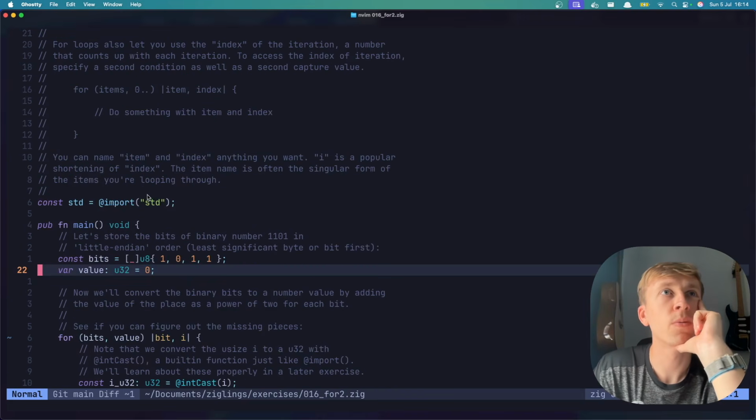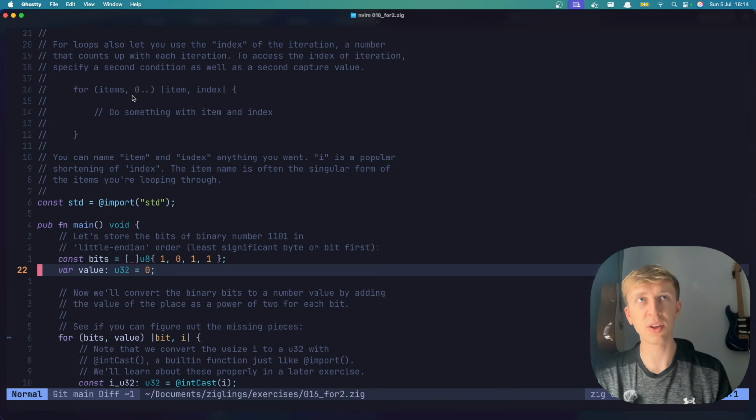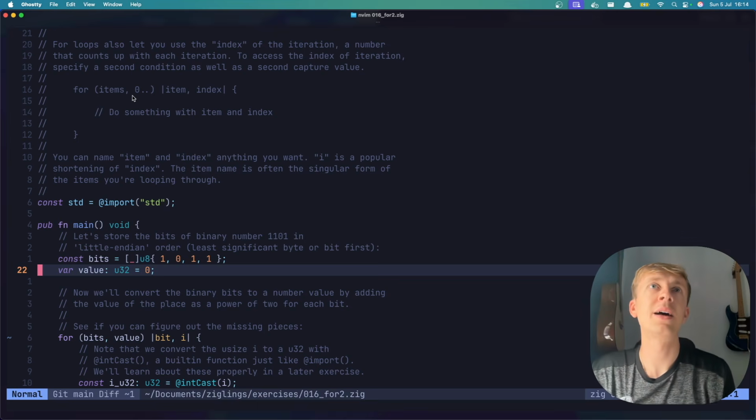Right, so for loops also let you use the index of the iteration, a number that counts up with each iteration. To access the index of iteration, specify a second condition as well as a second capture value. A second condition, which is 0 in this case, so I'm guessing it says, is that saying start from the 0 index, and